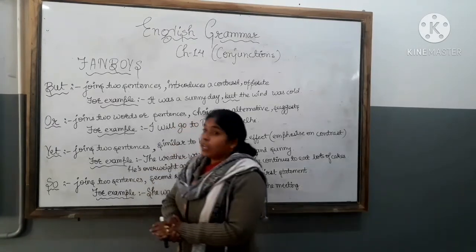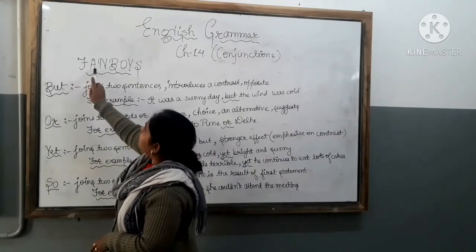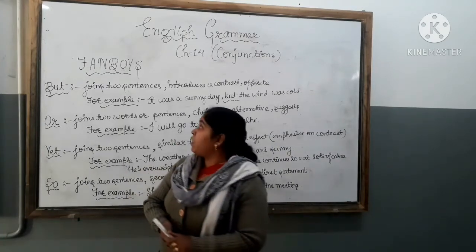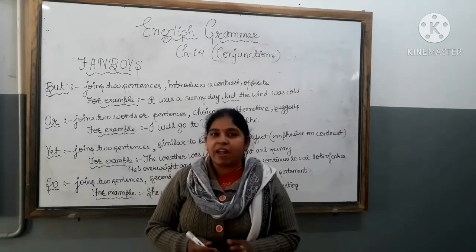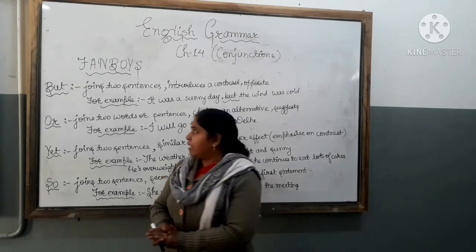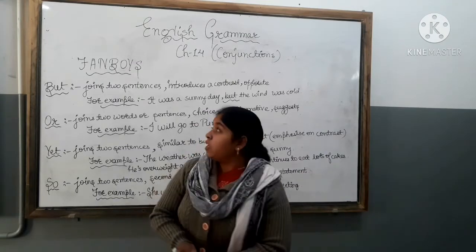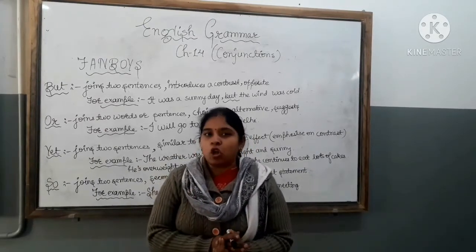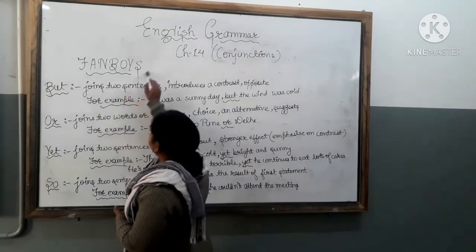Okay, students. In our previous lesson, we already discussed these three conjunctions: for, and, nor. Nor we use when we talk about negative sentences. And we use when we have equally important sentences, similar facts, or information. Suppose, for example, I know English and French language. For we use as a because conjunction also, to state a reason. So today we will do these four conjunctions.